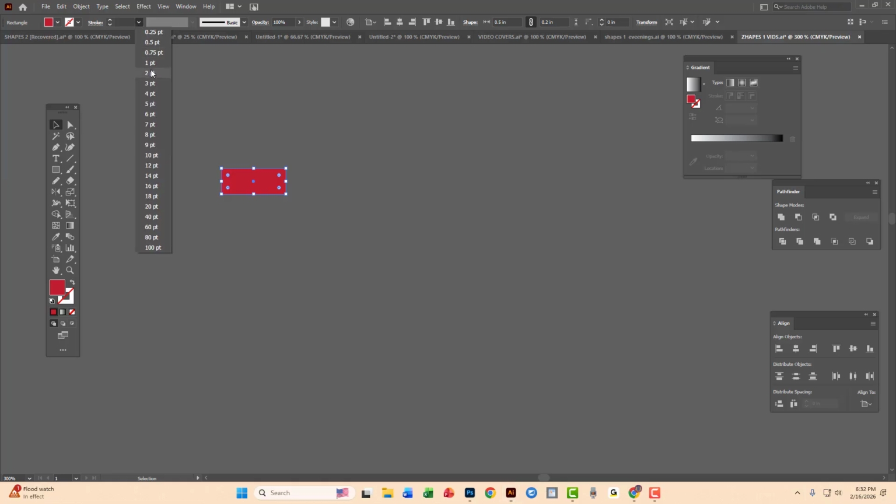my shape stroke to, I'm gonna do 2 points. Or maybe 2 points is too much. Let me do 1. In fact, I'm gonna do 1.5. So just so you can see that you can do not only entire points, like 2 points or 1 point, you can do 1.5. You can do 1.1, 1.2, 1.3, 1.7. So I'm gonna do 1.5. Okay, and then I'm gonna